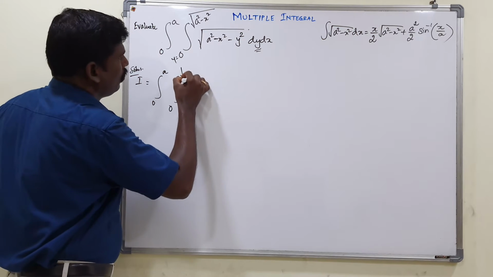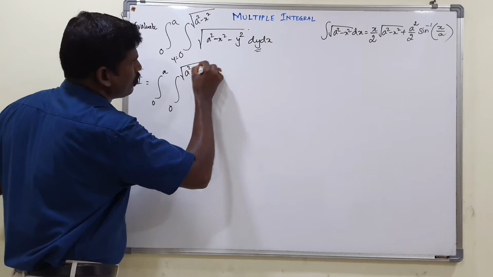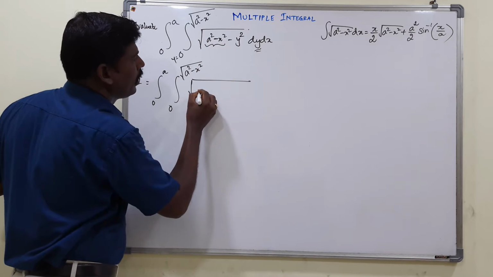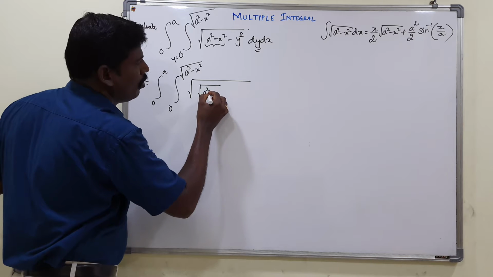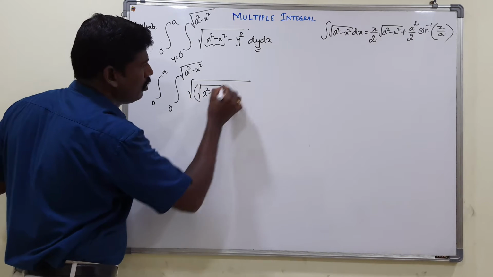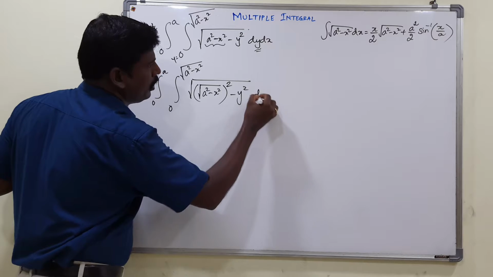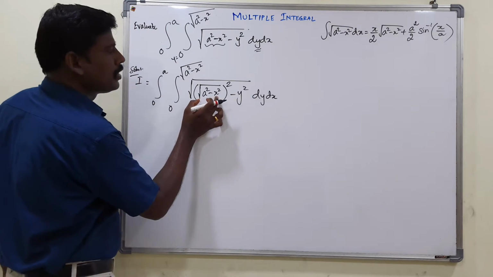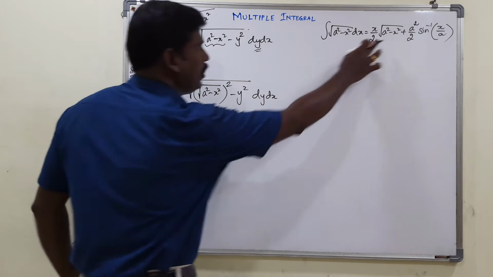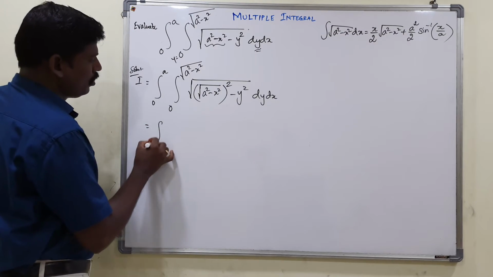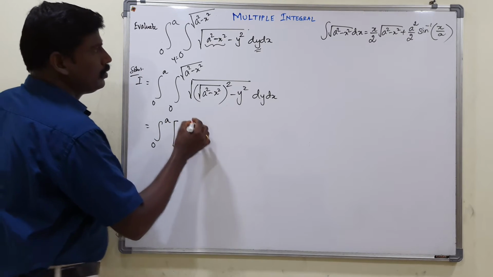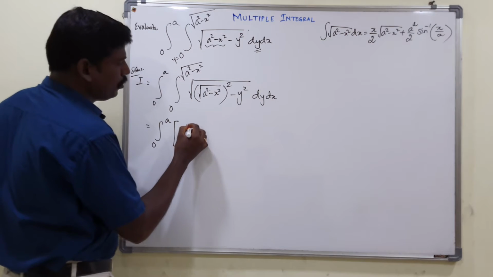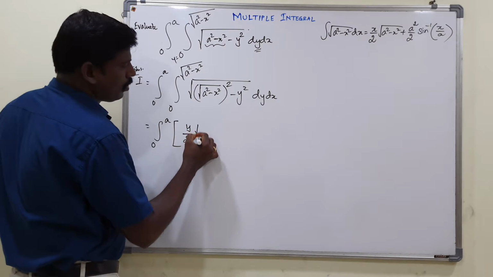Integral 0 to root of a square minus x square, which can be written the same way as the previous problem: root of a square minus x square the whole square minus y square into dy dx. That's all. Now this can be written as a square minus y square. Apply this formula here. So integral 0 to a into first, x by 2, with y in the place of x. So y by 2 into root of